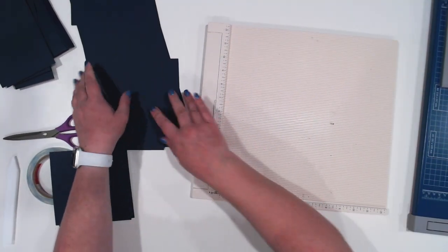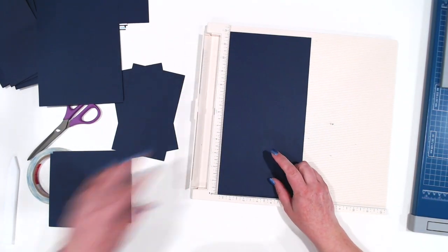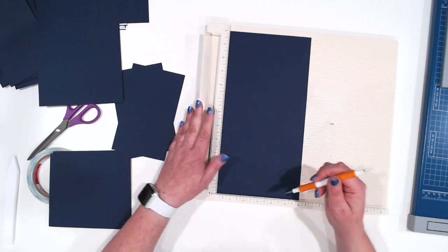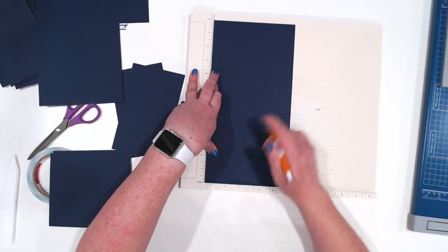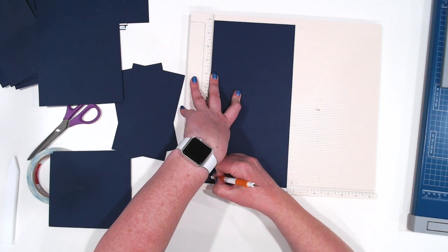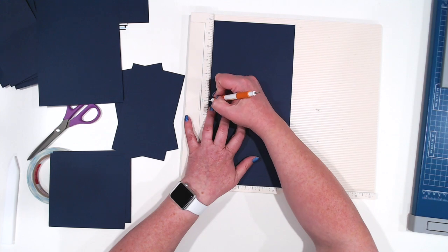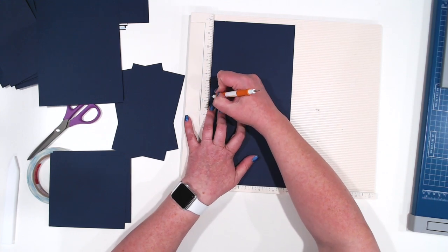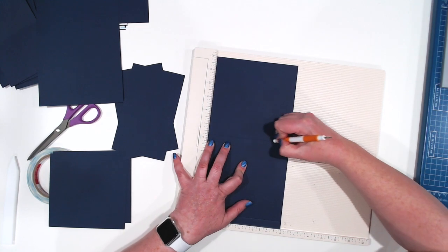So to score these, we're going to take our 6 by 12 page base. My stylus is not where it's supposed to be. Okay, 6 by 12, 12 inch at the top. You're going to score it 1/2 inch. And then at 6 1/4. For crying out loud, why am I having such a hard time with this today? Okay,